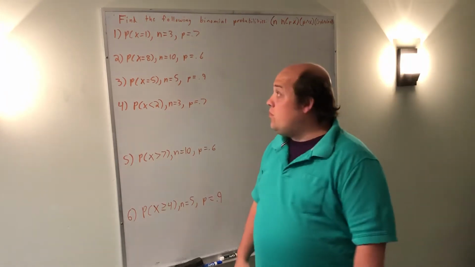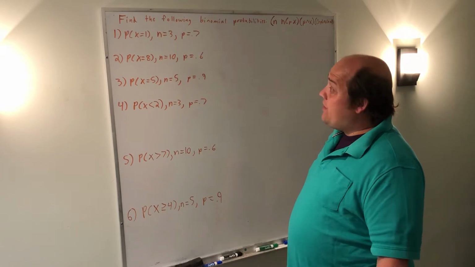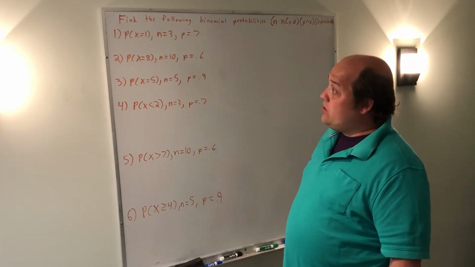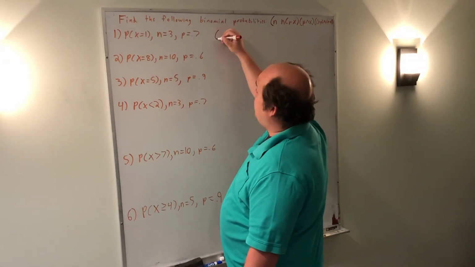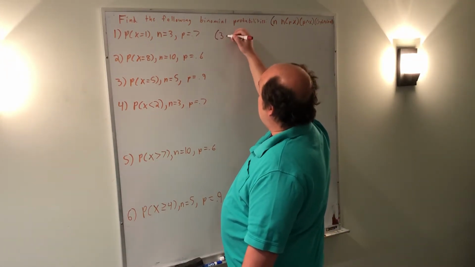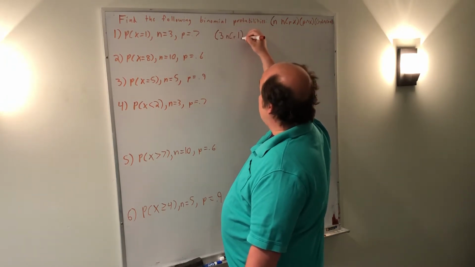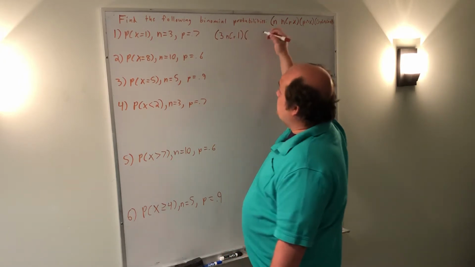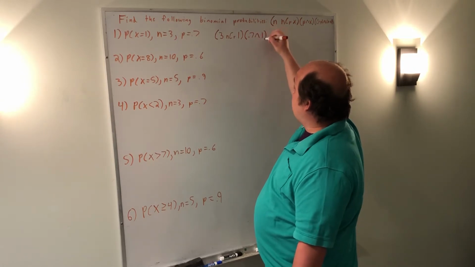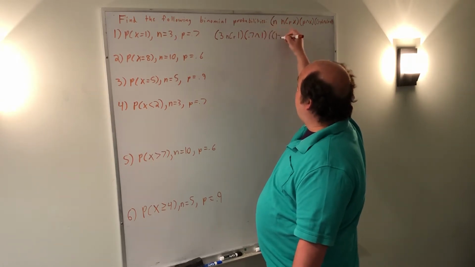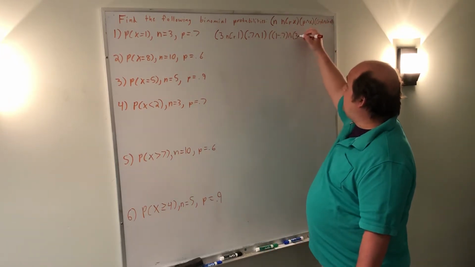But starting at the start, we're looking at number 1. We have 3 trials where the probability of success is 0.7. We're trying to find what's the probability you're successful exactly 1 time. So following the formula, we're going to set up N, which is 3. Then we're going to press the NCR key. Then we're going to do 1, the number of successes, times the probability of success, 0.7, to the power of successes, in this case 1, times 1 minus that 0.7, to the power of the number of trials, 3, minus